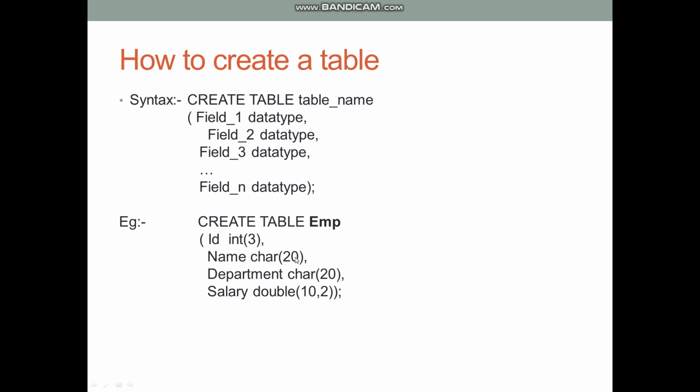For name and department we are using character data type with size of 20 characters. That means we can store any name or department name with the size of 20 character. And for salary we are using double data type, which means we can use a fractional numerical value, and here size of double data type is 10/2. Here 10/2 basically specifies that maximum number of digit for storing any salary for a particular employee must be of 10 digits, and fractional part, that means number of digits after decimal point, is of size 2.